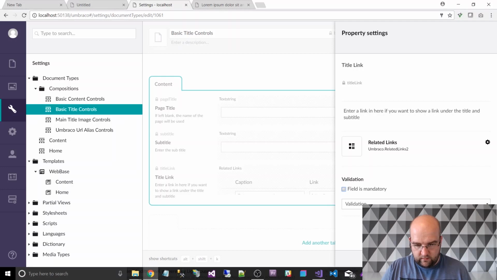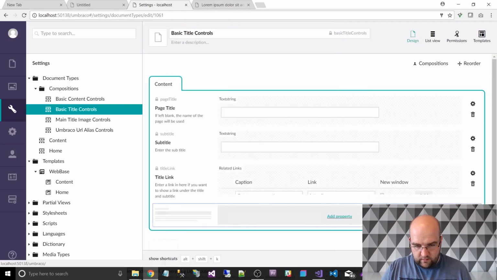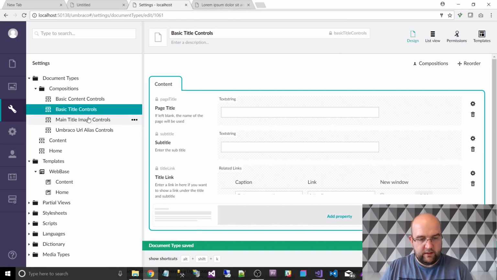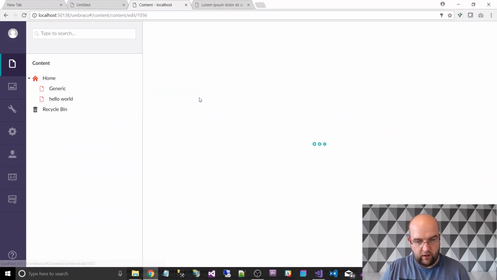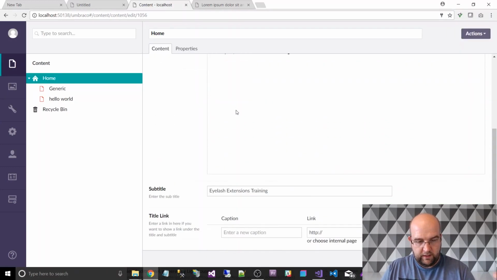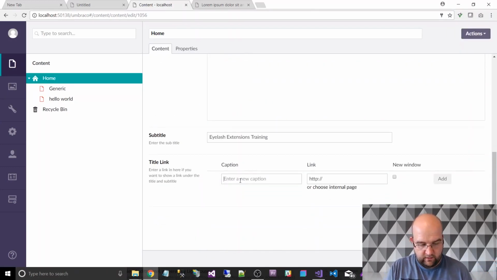And then click on that, then click on save. Because I've added it to this composition doc type, and this doc type is being used for content and home, it will automatically appear on the home page. So I'll have a link here, so I could do book now,